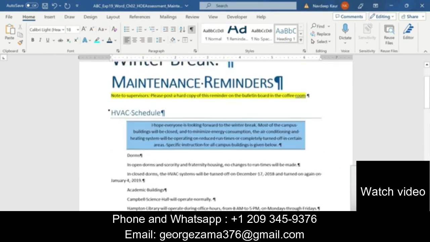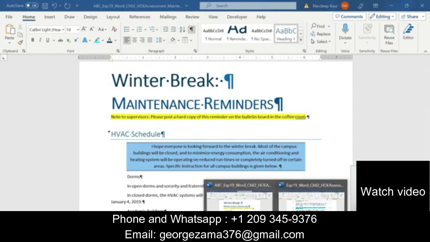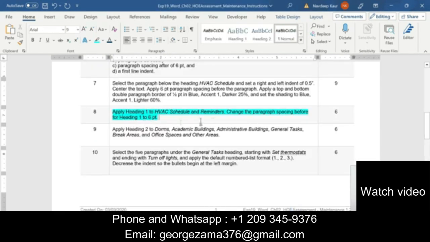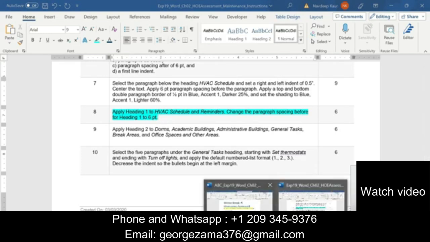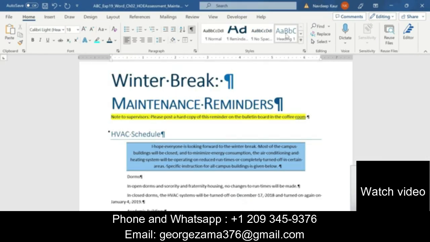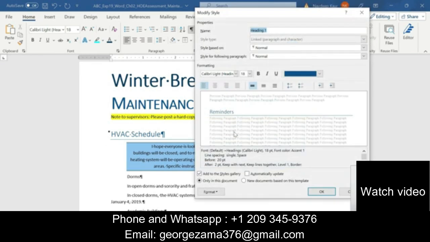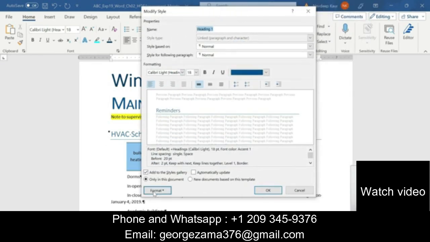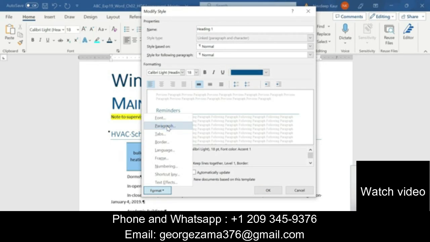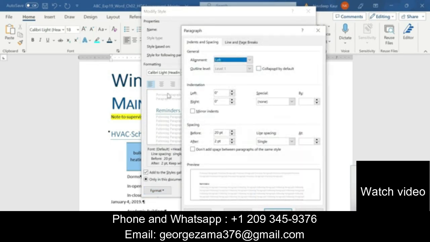Now we are supposed to modify the heading 1, so that there should be a paragraph spacing of 6 point before the paragraph. So let me go to the heading 1 and we will modify this, and we are supposed to modify the paragraph. So click on this format tab and go to the paragraph setting.